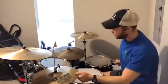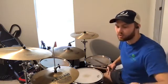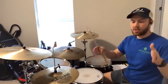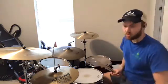All right, there's the advanced. Now I'm going to show how these can all flow into each other. So I'm going to start with the beginner groove, go on to the intermediate, and then go into the advanced. I'm going to attempt to play the whole thing without stopping. And I'm still going to go twice through each beat. So basically I'm going to play 8 measures of the beginner, 8 measures of intermediate, 8 measures advanced. All right, here we go, starting from the very beginning, flowing beginner all the way through advanced,